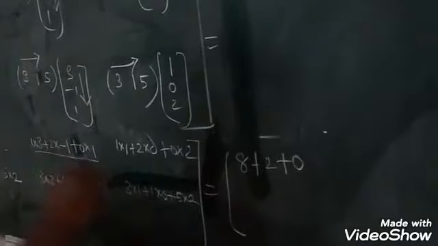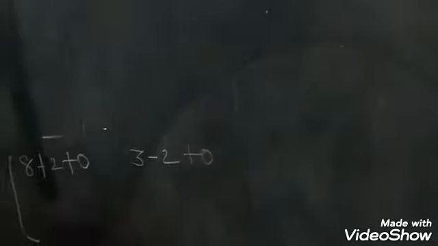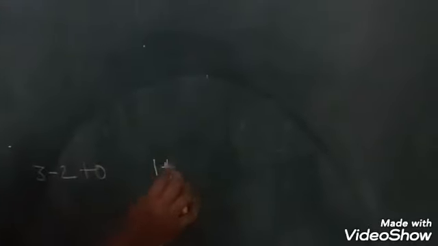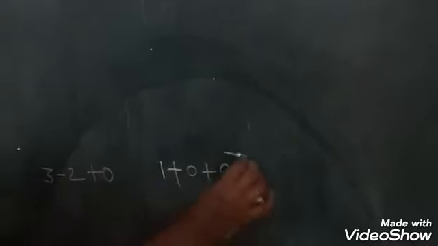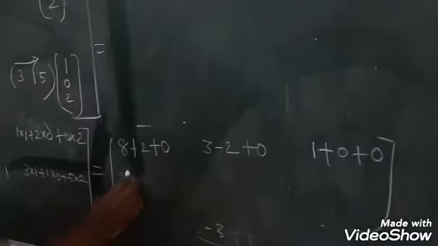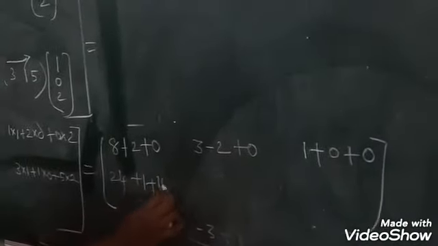Okay girls. Next is the second element. 1 3 is 3, then 2 into minus 1, minus 2, then 0. Okay, 0 multiplication. Then here third element, 1 into 1, 1 into 1, 0 into 2, 2 into 0. So everything is 0 here. Then next 3 8s are 24. 1 into 1, 1. Next 5 2s are 10.